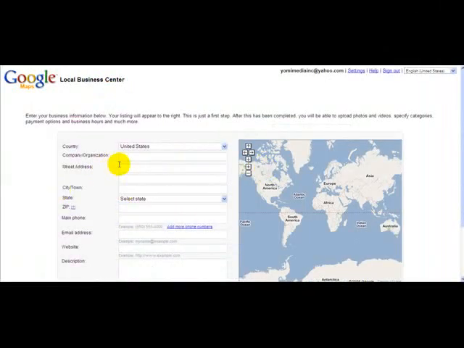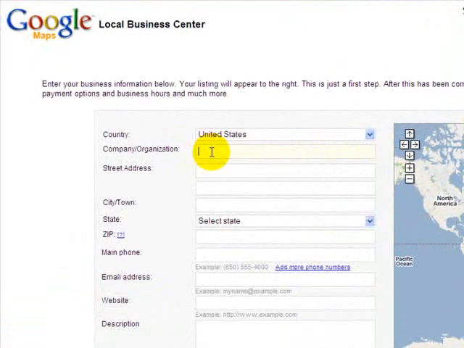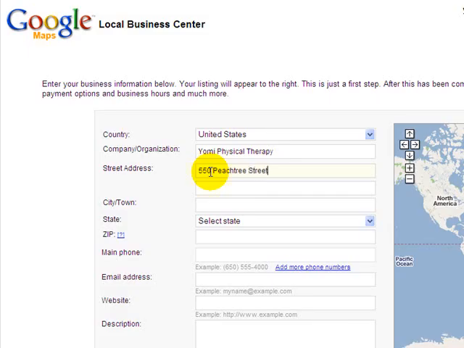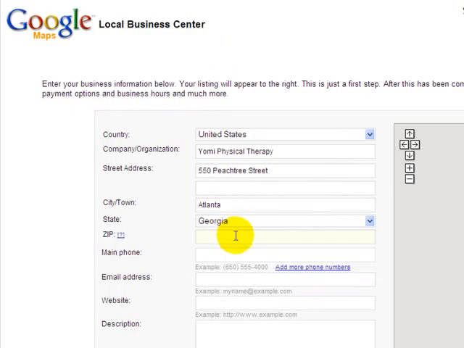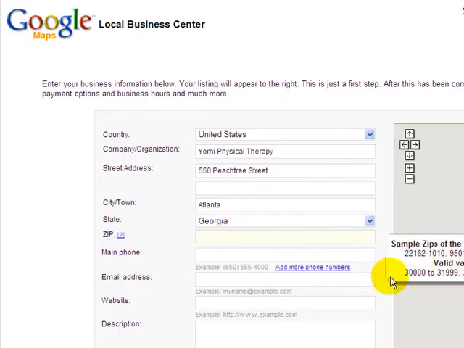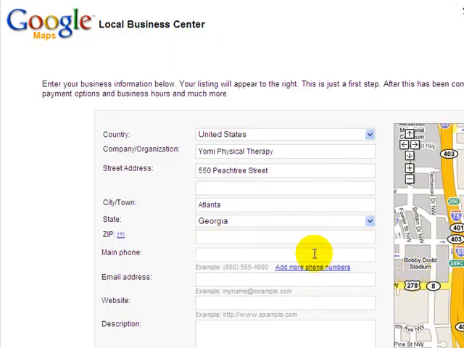Once the form pops up, then you enter in your company name and address and website, email, and description. So we're just going to put in a fictitious company name here. This company doesn't exist, but just for demonstration purposes. And we're going to say we're on 550 Peachtree Street, and we're in Atlanta, and we're going to say we're in Georgia. Okay, and then what Google does is it tells you some zip code values here. So I know we're